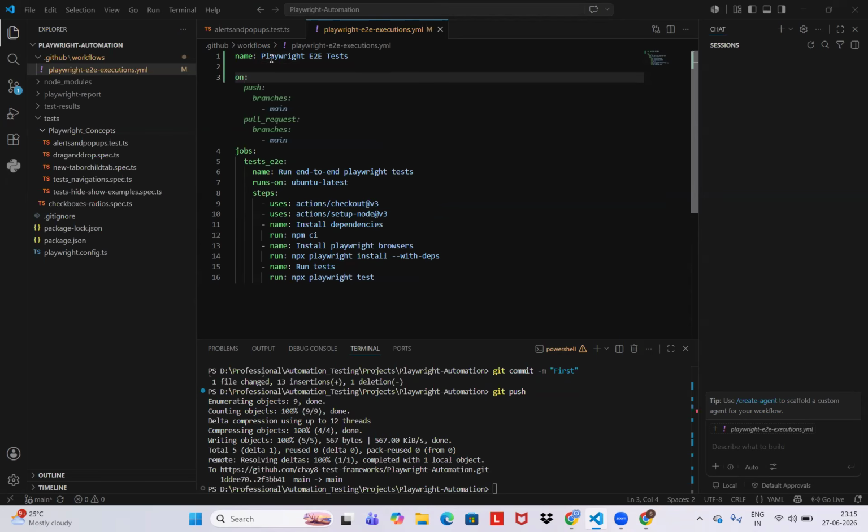See, can you see something? It is coming on push, branches main, pull. See, we are doing push and pull request from main only. Okay. After that,